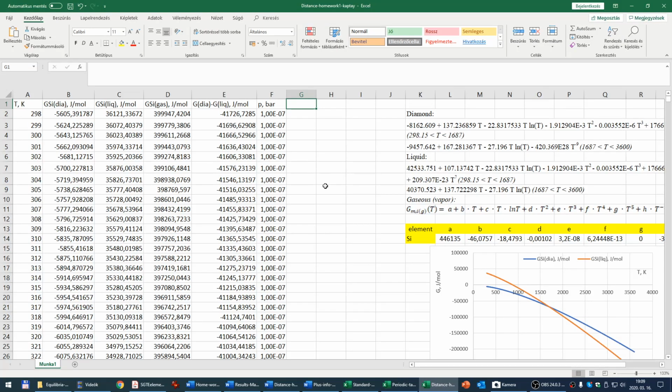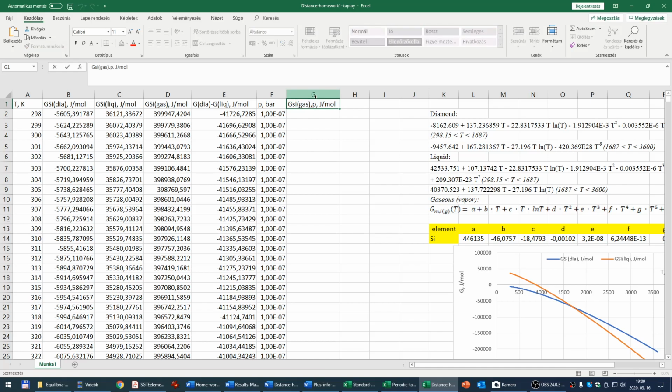Let's do it. So the G of silicon gas at some pressure, joule per mole, equals its standard value, which we took from the Barin data, plus RT ln P, R universal gas constant 8.3145 times the temperature times ln P. Well, I should divide by P0, but P0 is 1, so that's why I don't care. Equals. Okay. In principle, this value should be lower than this one, and it is. Okay,